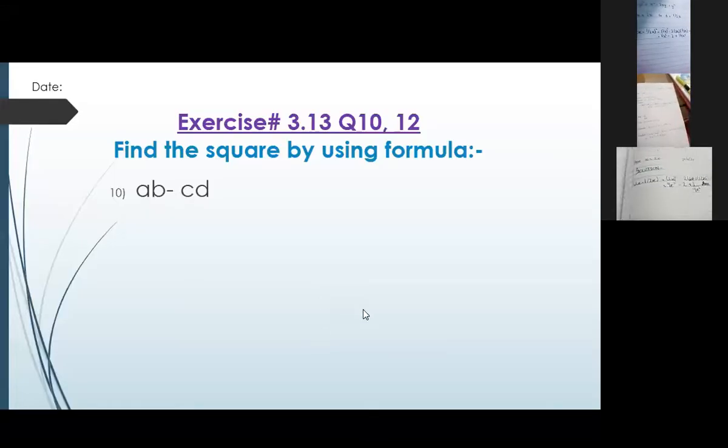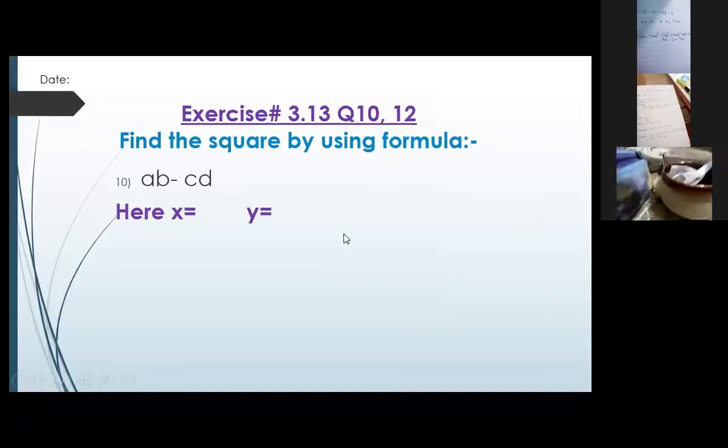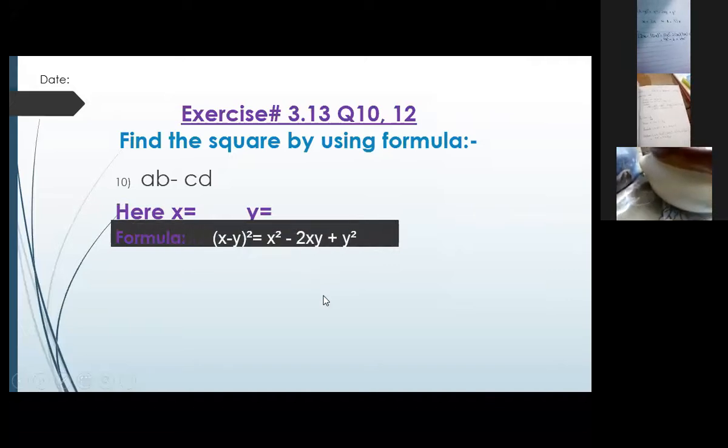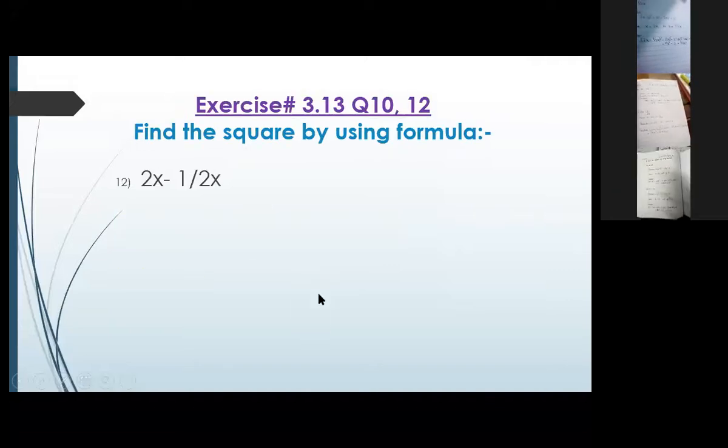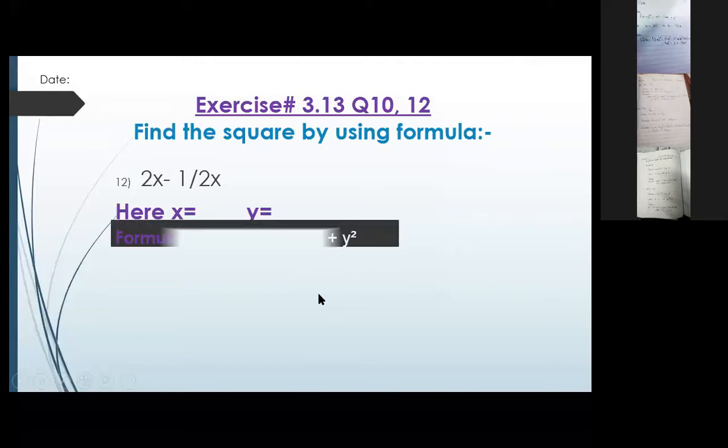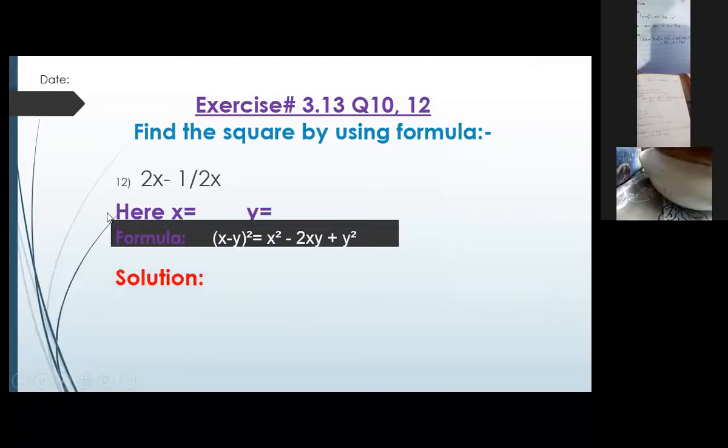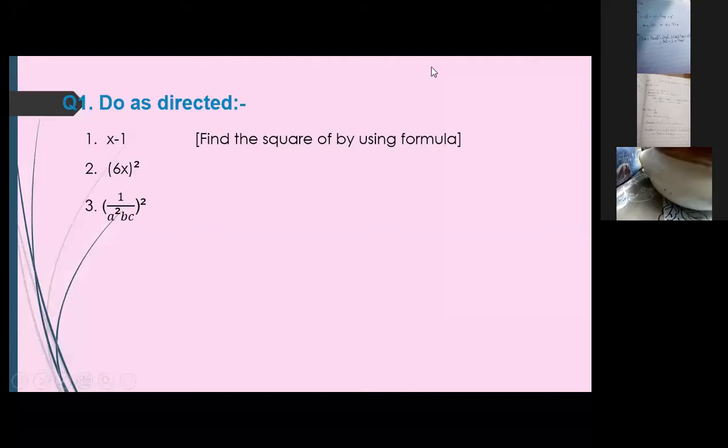We have completed our classwork today. Now what I want from you is to make the proper index and submit your copies properly tomorrow. Complete your homework, complete your work, and check your answers properly. In this way you have to write the formula and solution. Okay, is there any question left?